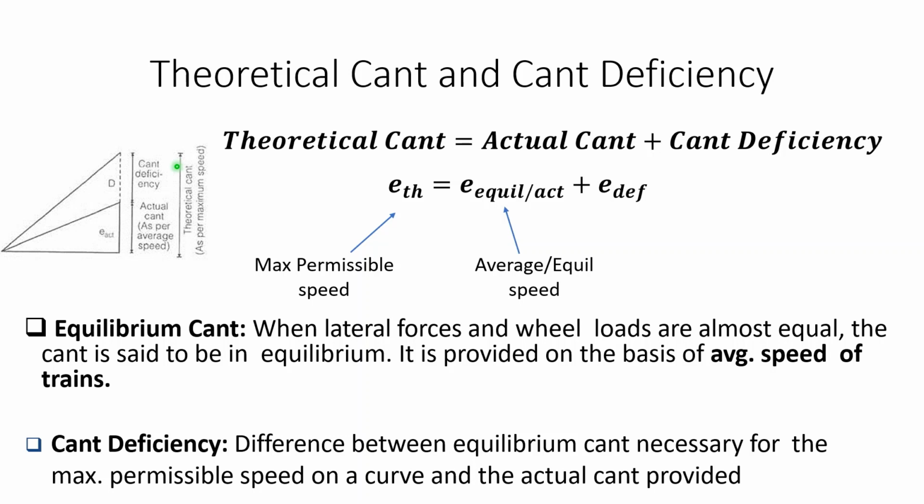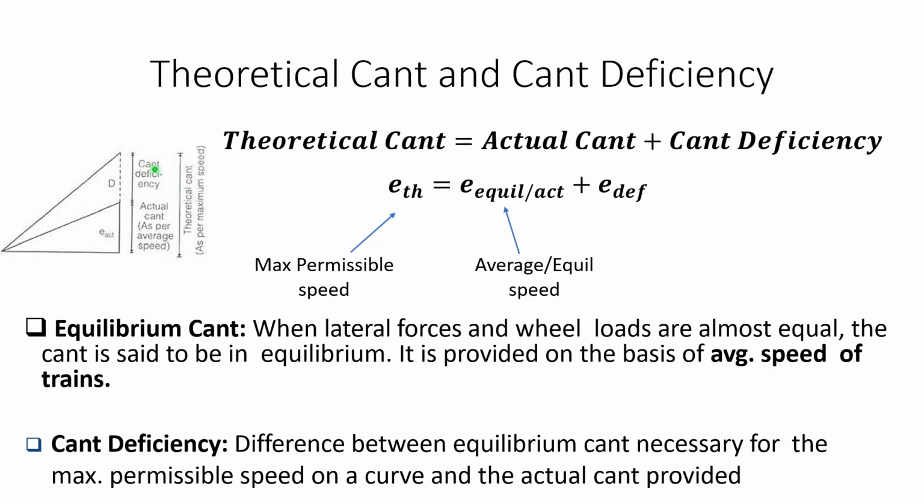But it has to be limited in a broad gauge. It is 1/10 of a gauge, which becomes 16.5 centimeter. So even though the required is 42.6 centimeter as per the maximum speed, the one which we are providing will be 16.5 centimeter. So there is a difference between this maximum and the actual value that we are providing,